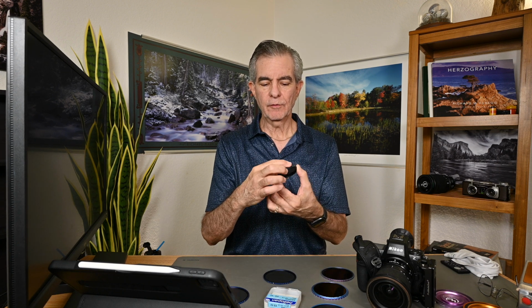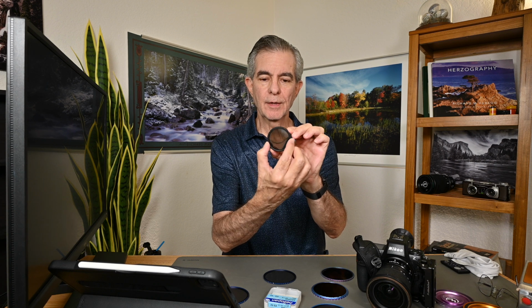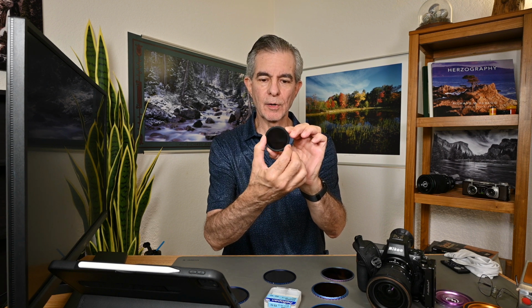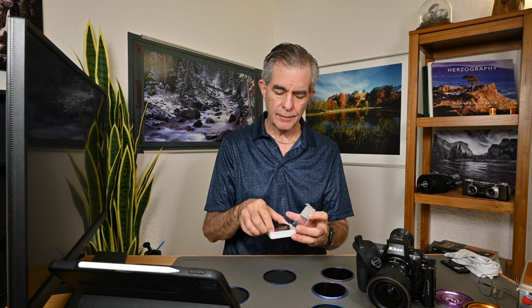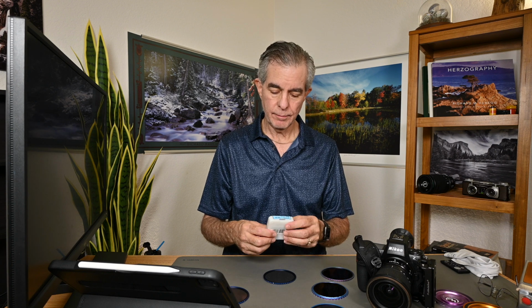So a variable ND has two filters inside of it, and after you screw this onto your camera lens, as you turn the front filter, you'll see you start to get that variable ND look. These variable NDs are fairly expensive, and they were the only thing that we had many years ago to create a variable ND. Now, today there are lots of other choices for creating a variable ND that are much more